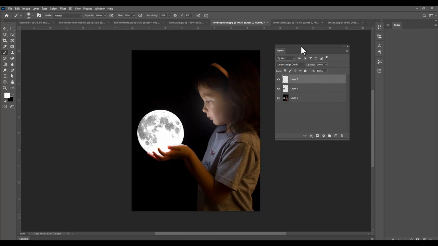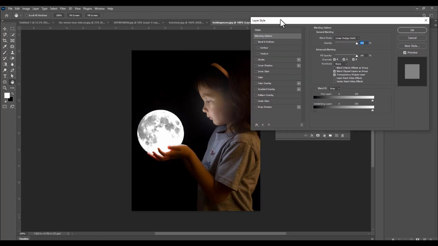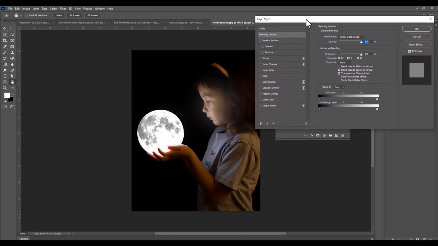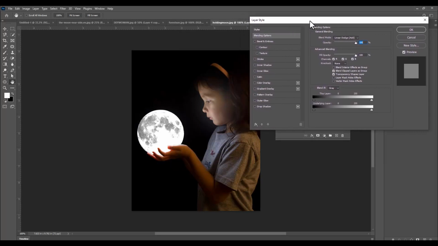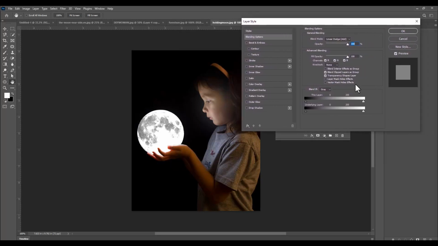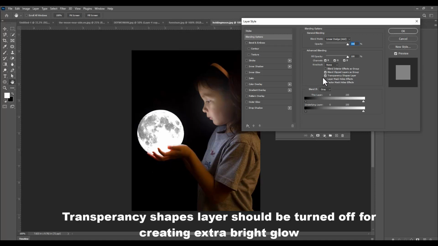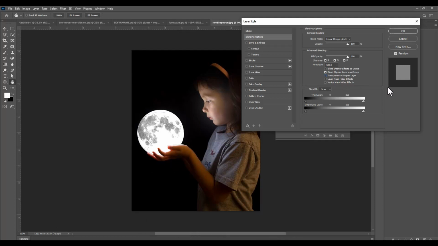So what we'll be doing is we'll open the Layer Styles dialog. To open the Layer Styles dialog, we just have to double click on this layer. And here we will turn off one option for this Linear Dodge blending mode. That is, here we have this Transparency Shapes Layer. We'll turn off this option and immediately we can see some amount of mild glow has appeared on the face